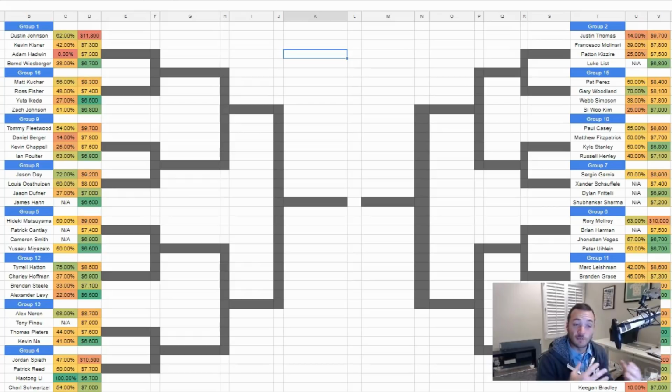For example, I just looked back at last year, so just one sample size. In 5 of the 16 groups, the highest seeded player made it through. That's it. So in 11 of 16 groups, the favorite did not win the group. So these are pretty volatile. With that being said,